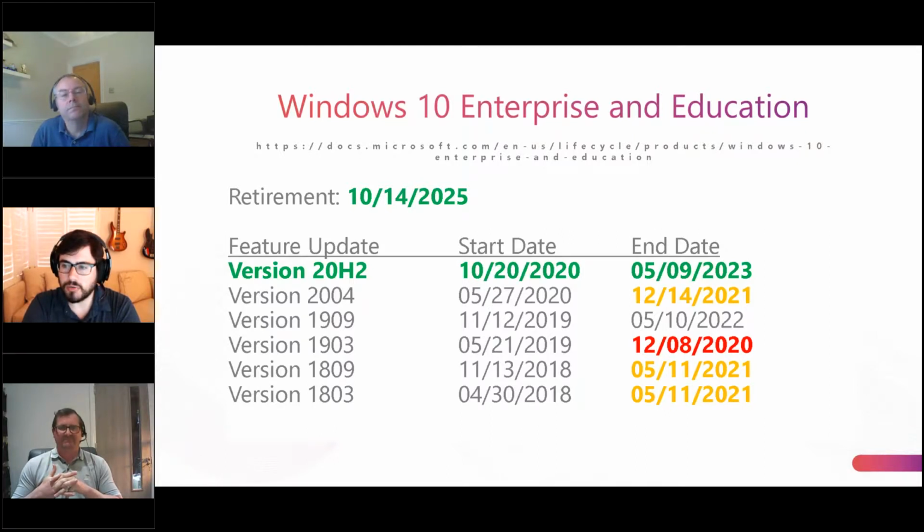But on that note, Windows 10 Enterprise version 1903, which we see listed in red, and is the next consecutive version after the 1803 and 1809 versions, has already received end of life because it's one of the very first versions where it's standardized to have that same end of life date, no matter whether you're using Pro or Enterprise. And this is because it has an 18-month life cycle,